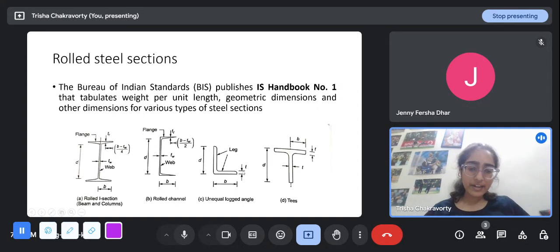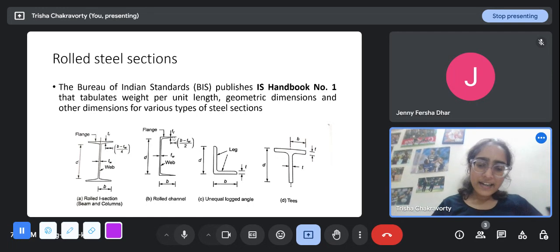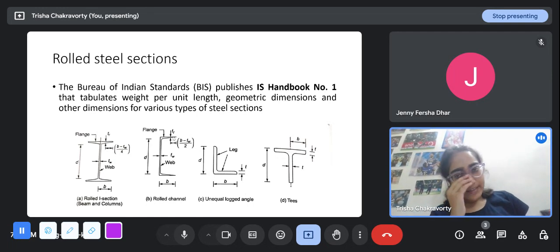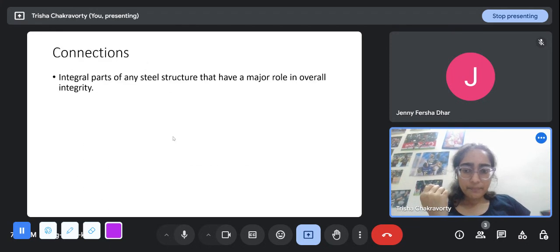Suppose the column is made of an angle cross section, and we want to connect it to a beam of a joist cross section. So this web of the joist and one leg of the angle, or maybe this flange of the channel, needs to be connected. That is where we are applying the bolt. We are using the bolt to connect the two sections together. And generally, the bolts are made of a very high grade steel, and the plates are made of relatively low grade steel. So generally, what happens is that,